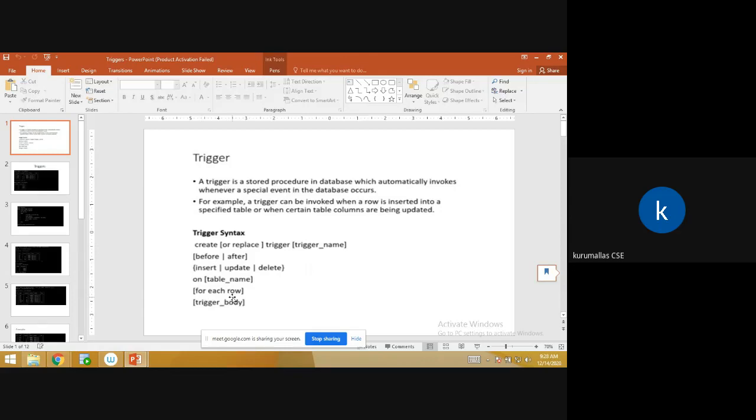So if you want to update all the rows, it's like a for loop statement. For i equal to 0, i less than or equal to n, i plus plus, it executes up to n. If you want to print those values, we have to print the i values, right? In the same way, in a trigger, for each row looks like a for loop in the C language. So based on this condition, we have to execute the trigger body, right?